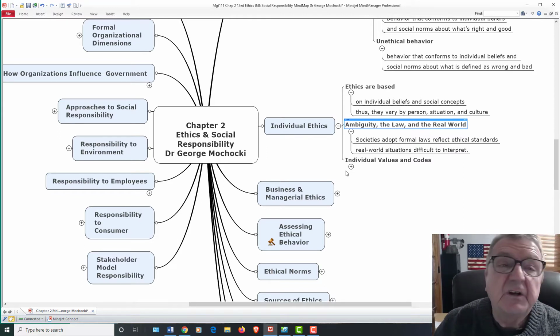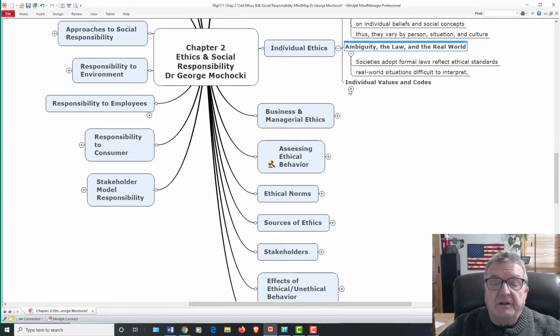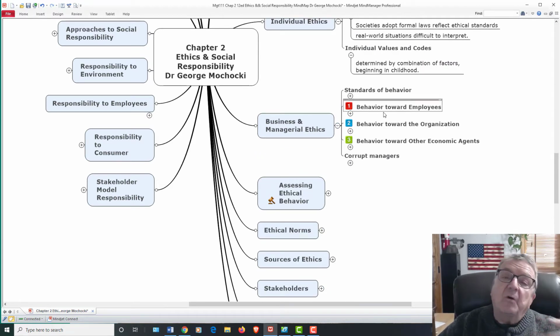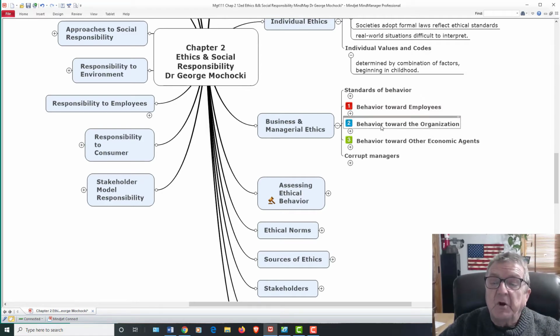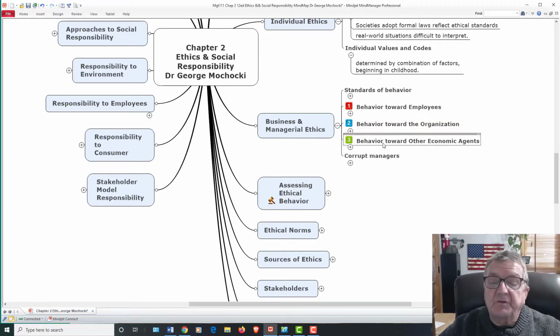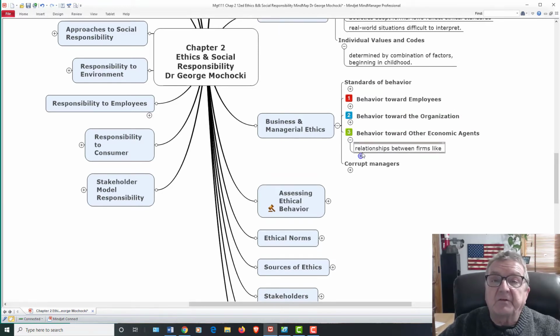If you look at what's going on now in society, we're going into Generation Z. Those are students that are 18, 19, 20, just coming out of high school. What are their ethical values? If you look at the pendulum, whether it went way to the left or way to the right, whichever way you're looking at it, it usually swings back into the middle. Right now, they're looking at Generation Z. What I'm picking up from research is basically it's falling more into the conservative. So does that mean your values are more conservative? More, hey, what's right for the majority individual? Okay. Okay, so now the next one, individual values and cores determine the combination of factors.